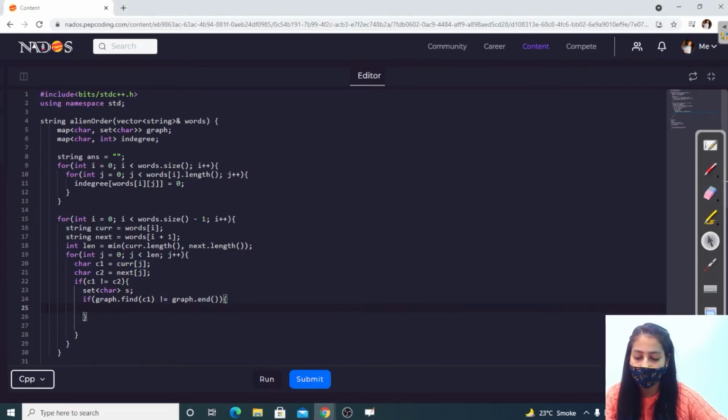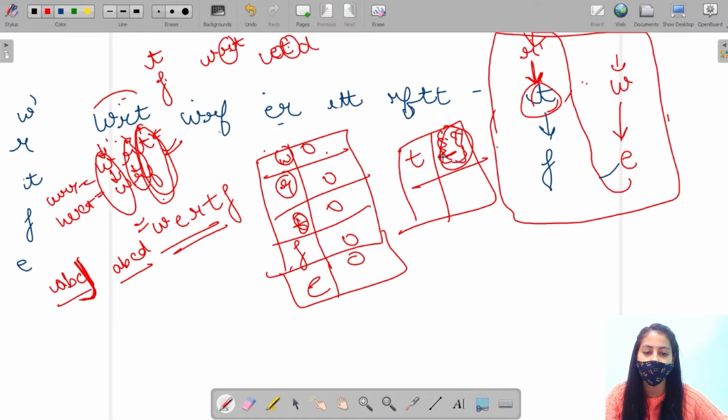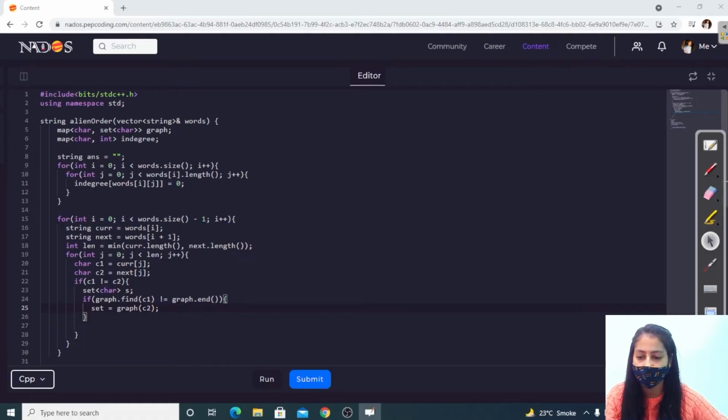So then set becomes what? The graph of C1, right? So in this set, all the neighbors of the character get stored, right?